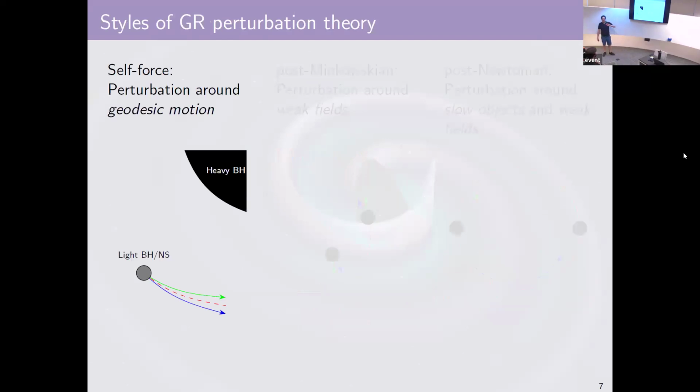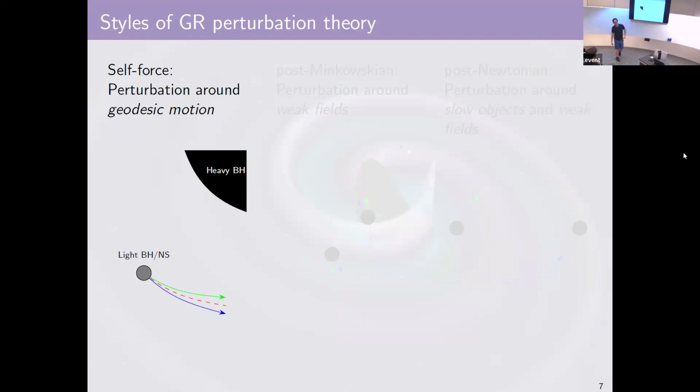So there are three primary ways of doing perturbation theory that are centered around the inspiral. The first is what's known as self-force theory. You might have just heard of this as black hole perturbation theory, and the two communities are very close to each other. The idea is that you have some heavy object that you take its metric as given, so often it's going to be Schwarzschild or Kerr, but potentially some other complicated thing. Then you have a small object whose geodesic you perturb based on its own back reaction.